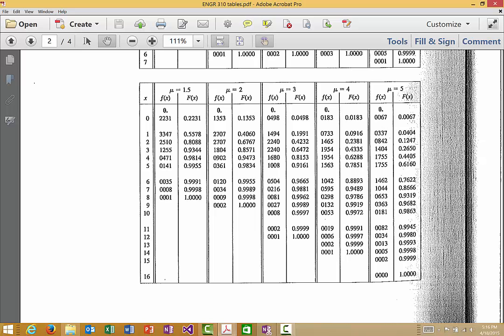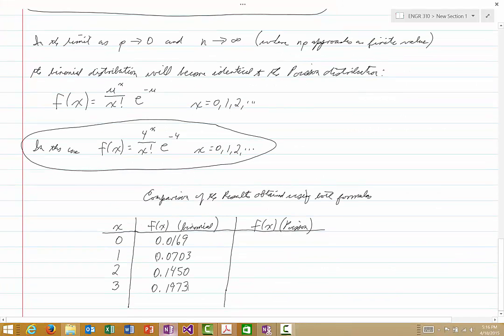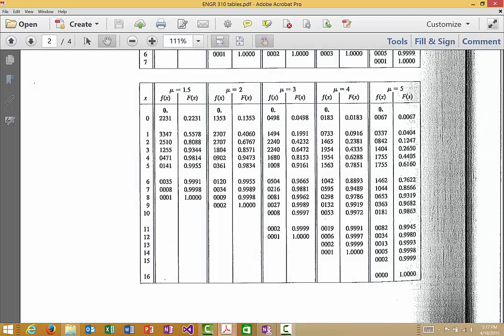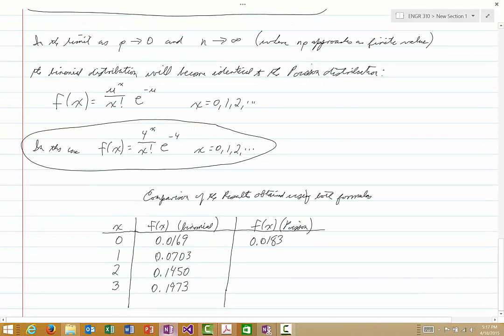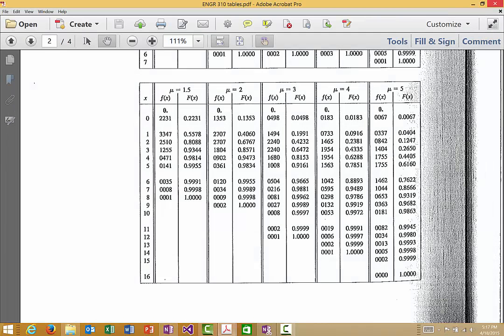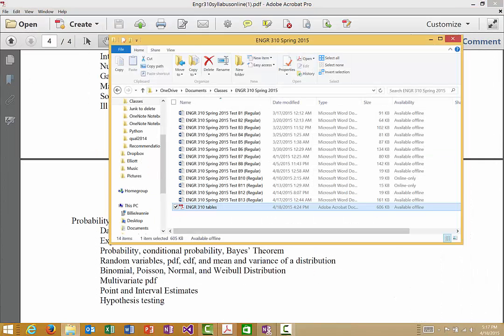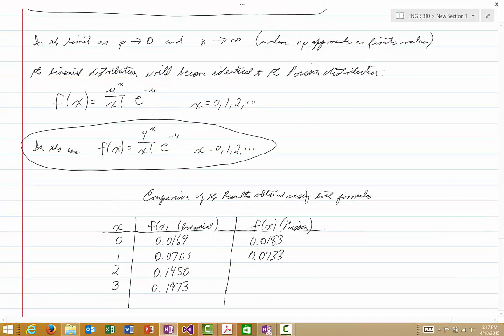And so the values we're getting are 0.0183, the next one will be 0.0733, and the next one will be 0.1465,